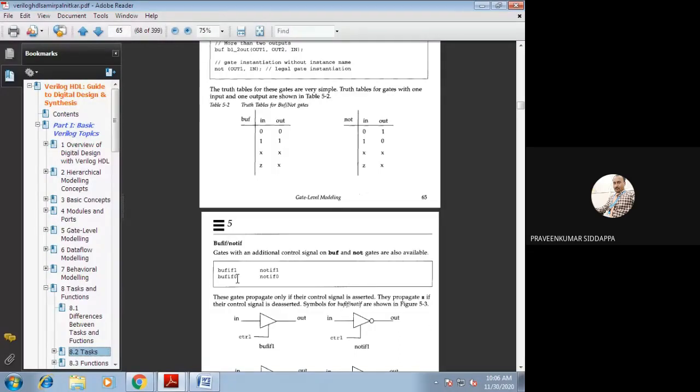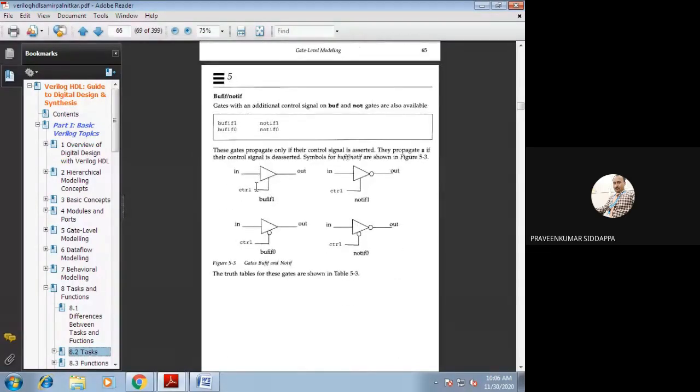Okay, next after that we will go for bufif and notif. Here we execute with some condition, and because of that reason we have called it bufif. If that condition is satisfied, we will execute the output. If that condition is not satisfied, we go out of the loop. So we call it bufif, notif.